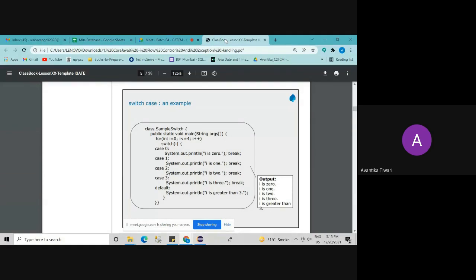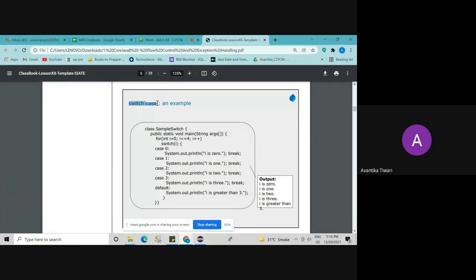Now imagine the number of cases are increasing. In that case, nested if-else is going to become very messy. Nested if-else statement is going to become too messy. So in order to avoid the complexity of the program, instead of using nested if-else statement, we have the option of using switch case. We have an option of using switch case statement. So please note it down in your notebooks.